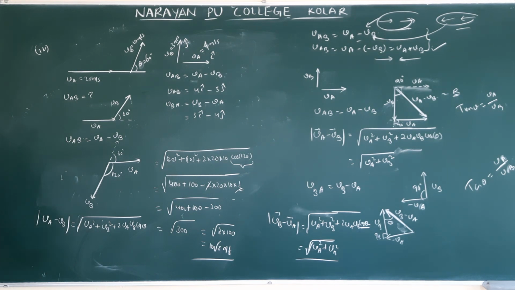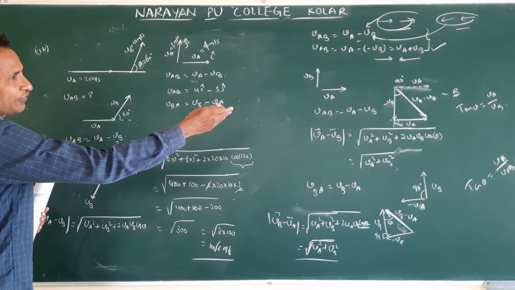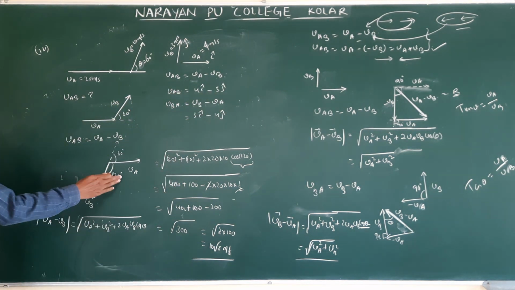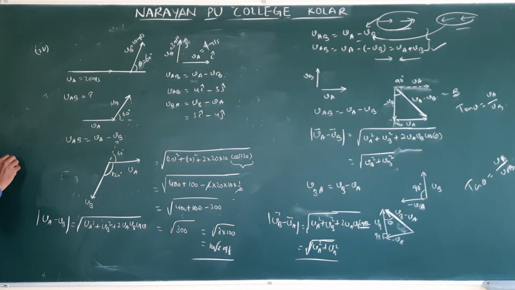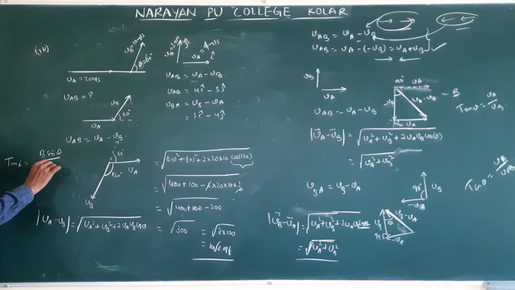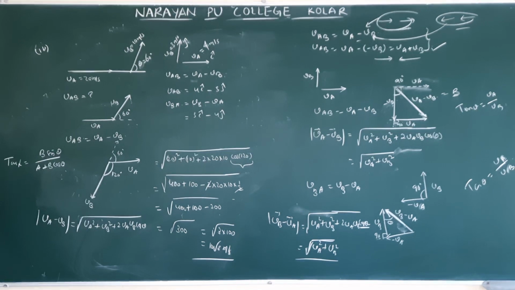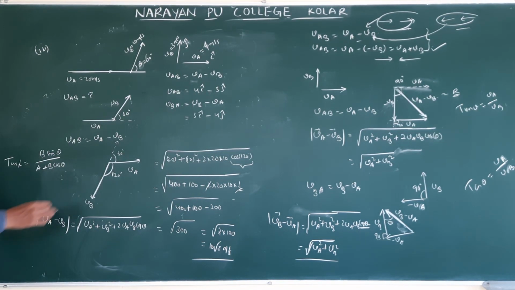Clear? Now, how do we find the angle? There, if 90 degree is there, then we will follow directly. But here we follow that tan alpha formula. Tan alpha is equal to B sin theta by A plus B cos theta. This formula we need to follow. Theta is 120 degree, A value, B value known. Then substitute and we will get the answer. Similarly, VBA follows the same.